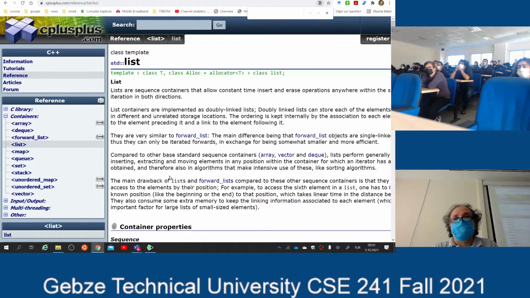Don't use lists. Okay. So we will talk about this later. These are part of the Standard Template Library, and there is a separate chapter in our book titled Standard Template Library. We will talk about these later. But for your homework, you are going to do this